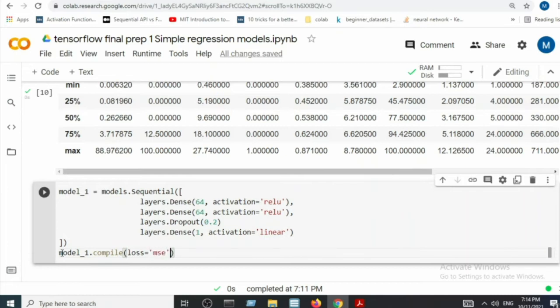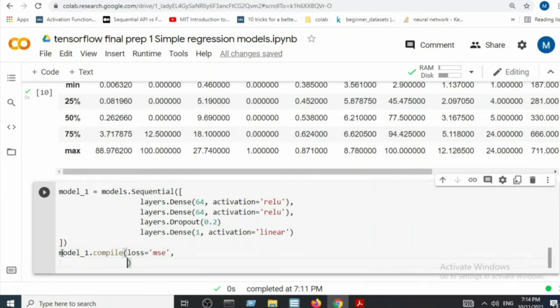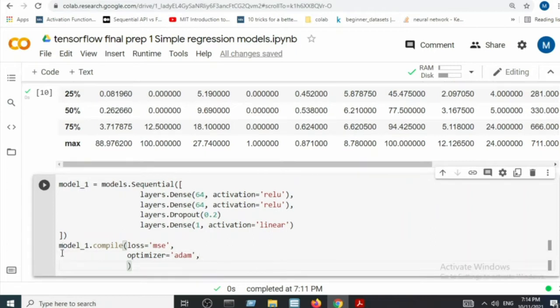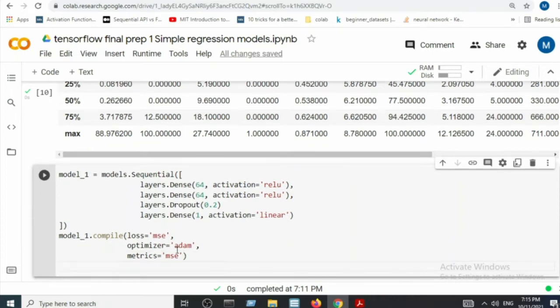Mean squared error is fine here. Let's first try the optimizer as a first try. Let's use metrics. In this case, it's the same as the loss function. Almost. And let's feed